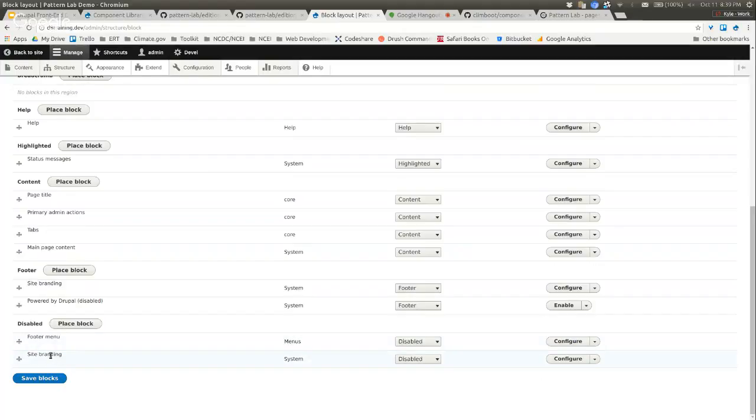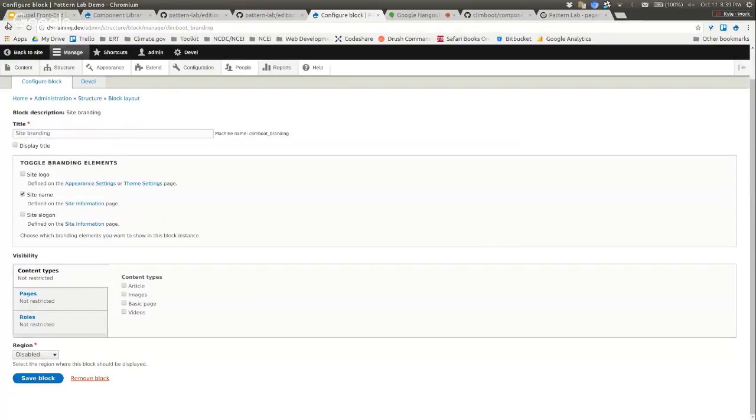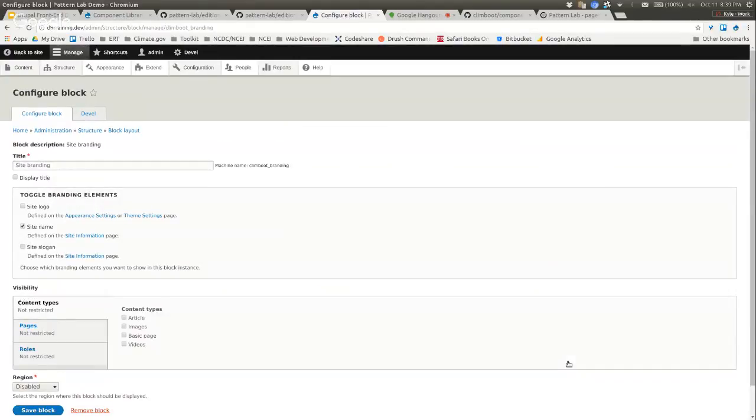So here's my site branding block, and if I look at it, all it is just outputting the name. It's enabled, but it's in my disabled region here. That's funny because Drupal just removed the disable region from core like 2 versions ago. Oh, really? Yeah, it's just funny that you could just add it back and keep going. I mean, I wouldn't abuse this. I don't even know if I'd really use it, but for quick bootstrapping,